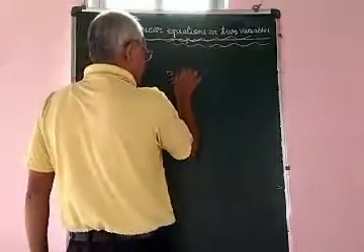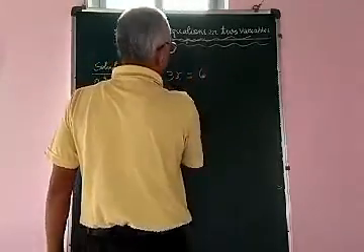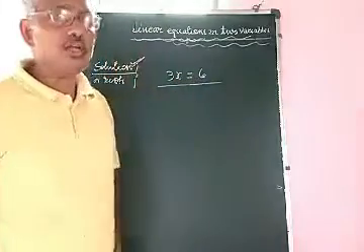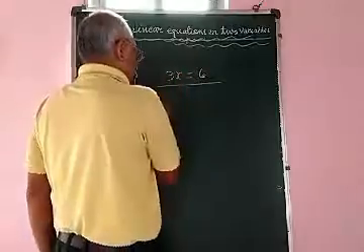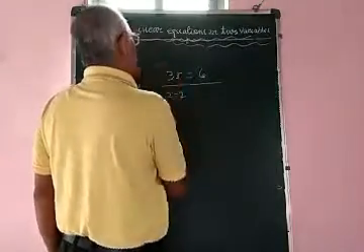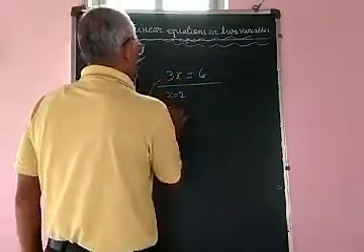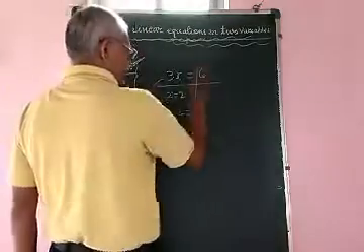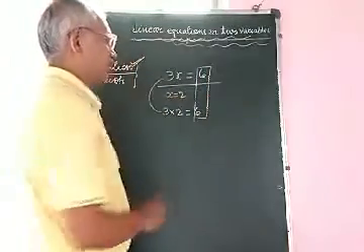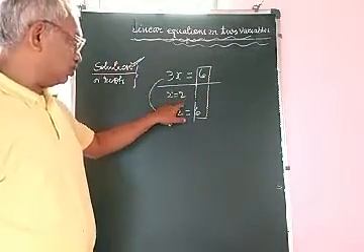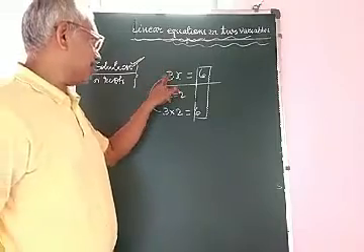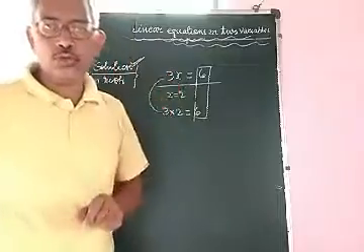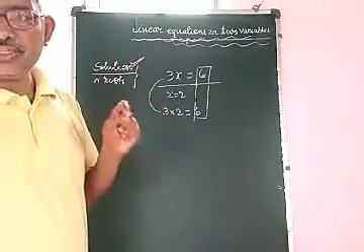Suppose 3x is equal to 6. Here we write an equation, that is 3x is equal to 6. Now substitute x is equal to 2 in the given equation, then we find that the left side is equal to 6. Now both sides are equal. So x is equal to 2 satisfies the equation 3x is equal to 6. So x is equal to 2 is a solution of the equation.